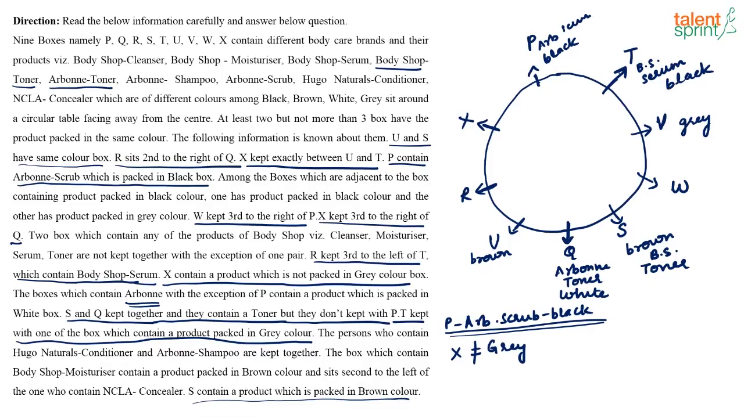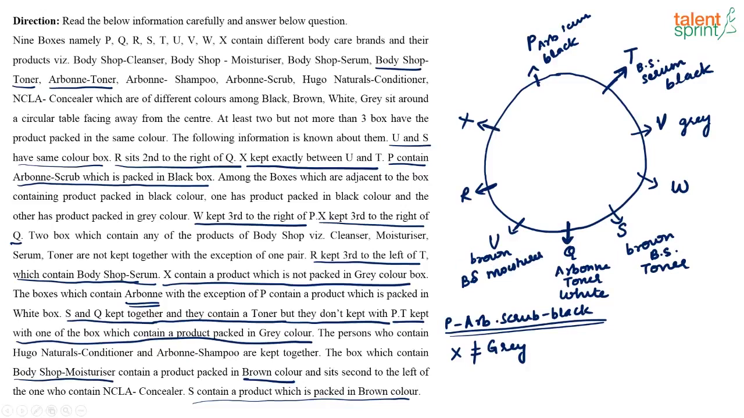Next, the box which contains the Body Shop moisturizer contains a product packed in brown color and sits second to the left of the one who has NCLA concealer. So where can I place these two? I need to place Body Shop moisturizer in a brown box. Right now I have a free brown box that is here. So if I place the Body Shop moisturizer here,